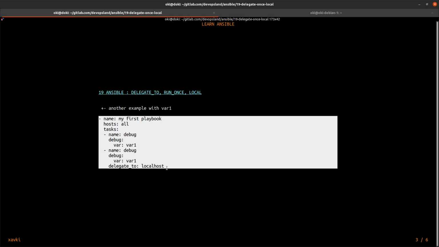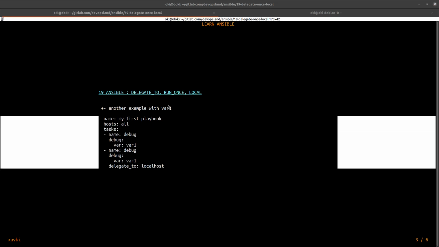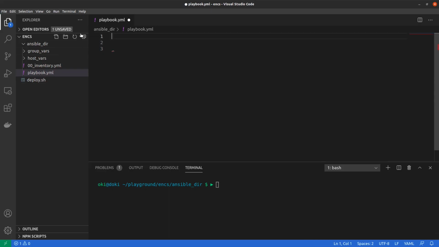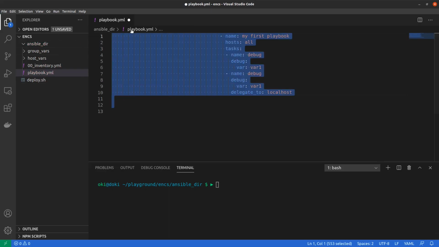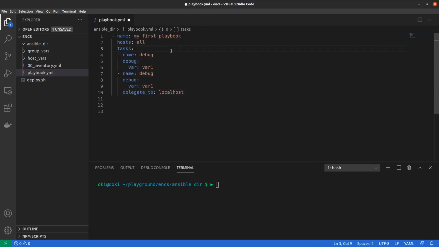And now we can do another example, a funny example. To test it, I remove all, I add my lines, and in this playbook we do the same task two times.